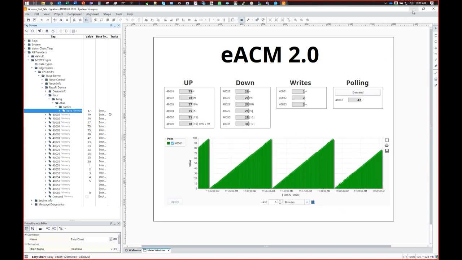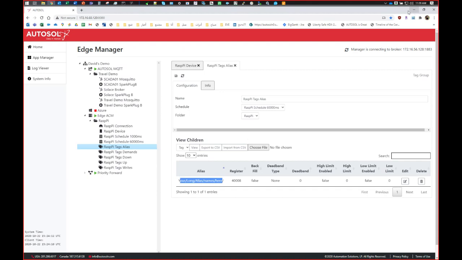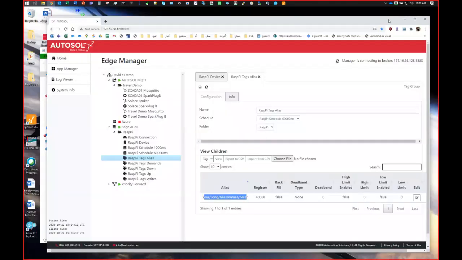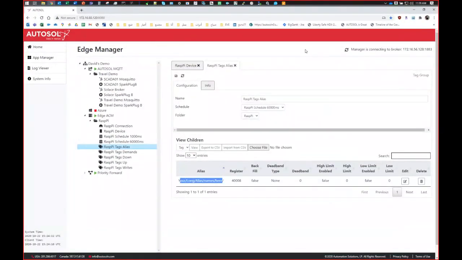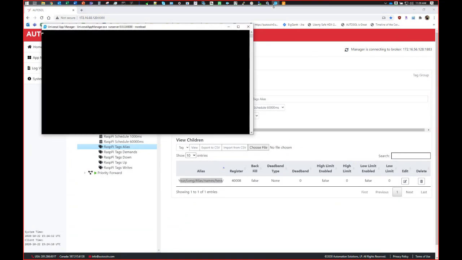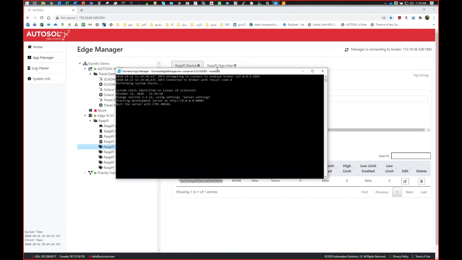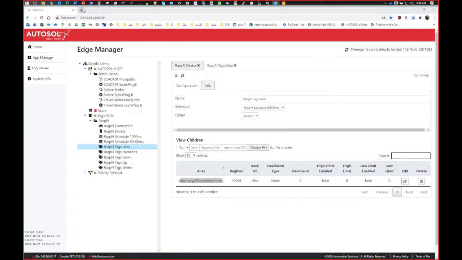So I'm going to quickly show you Universal App Manager. So let's just close both of these for now and go here. So I've got a web server here running in the background. This is Universal App Manager. It is a background web server sitting on a Postgres database that is accessible through a browser. So if I go up here to my browser and I type in